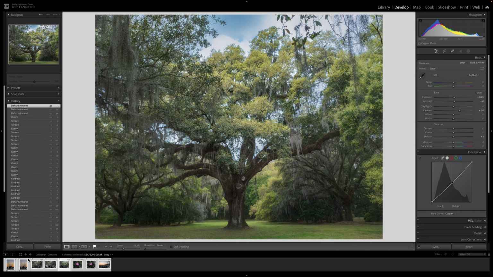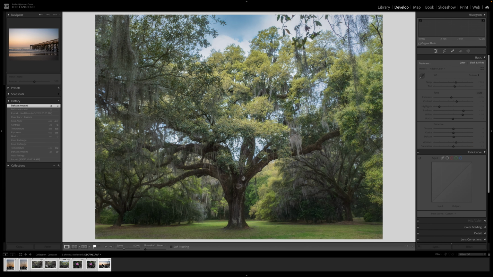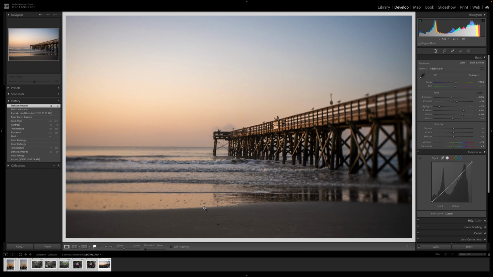All right, so let's first look at this image. And with this image, I want to talk to you about dehaze again, just to give you a great example. This image was shot with a Lensbaby lens, and so those lenses give this little artistic effect on both corners. But we do have some atmospheric haze. It was a hazy morning. And so if I use the